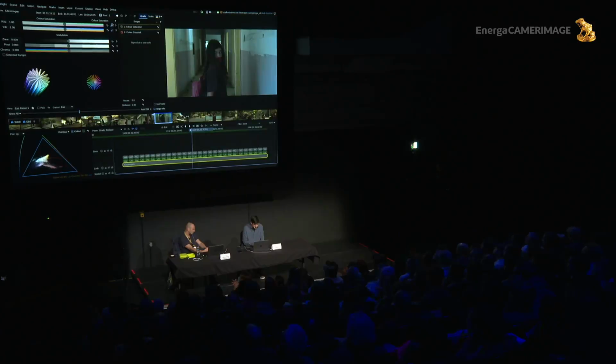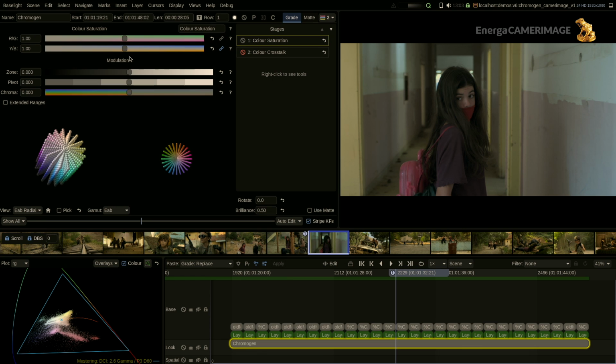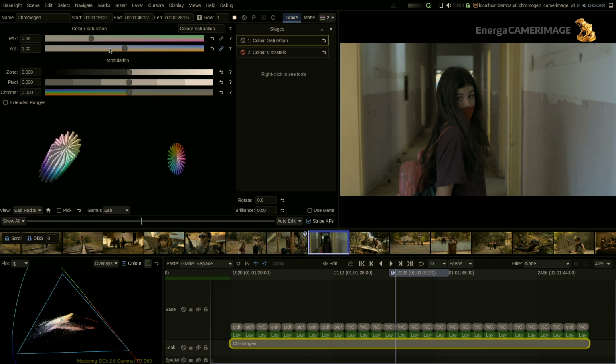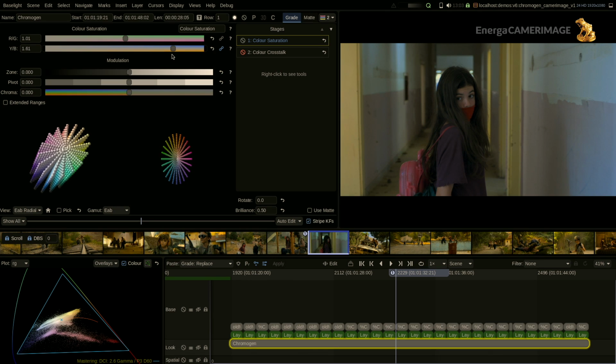So the next thing we want to do is ungang these two X and Y axes. One is the green-magenta axis, so I can increase the saturation only in that dimension or decrease it. And the other one is, let's call it, the blue-yellow axis. That's already a nice thing to have, because Daniele already mentioned, we really like maybe a nice saturation across the blue-orange axis, but green-magenta,